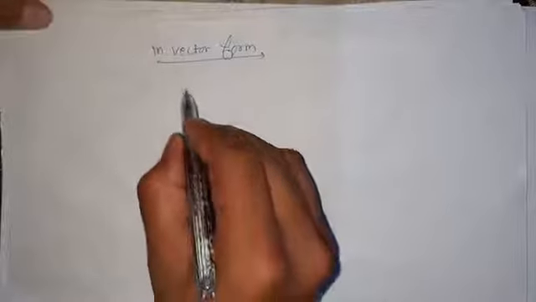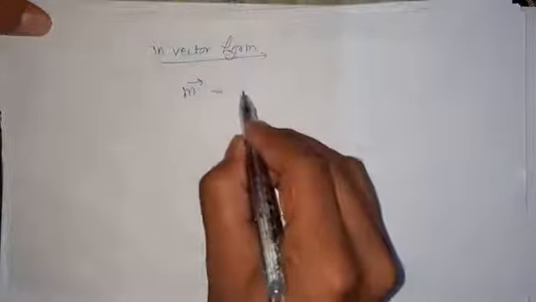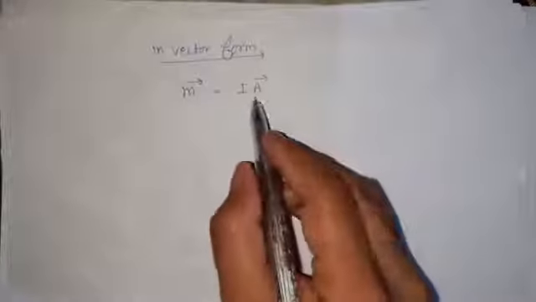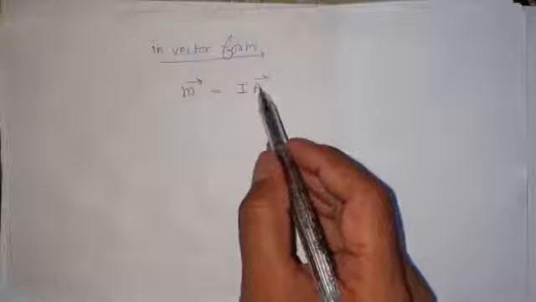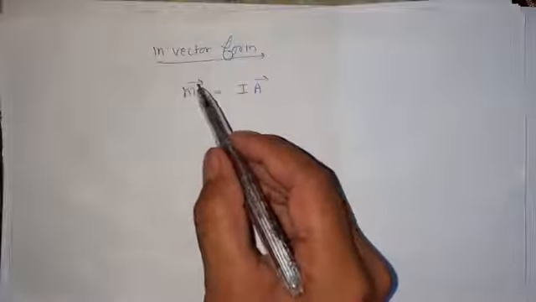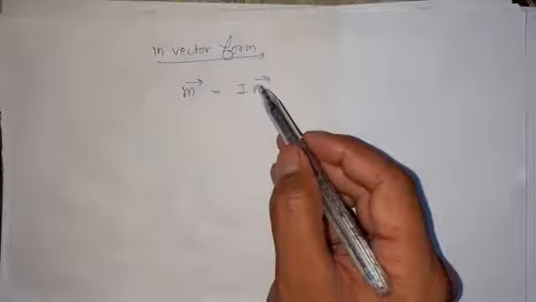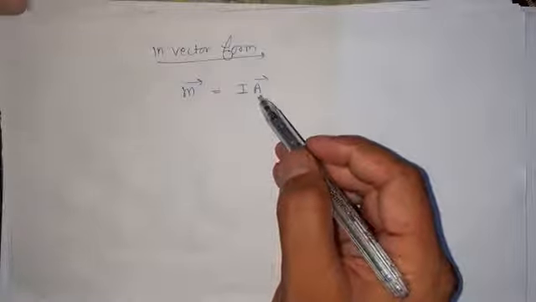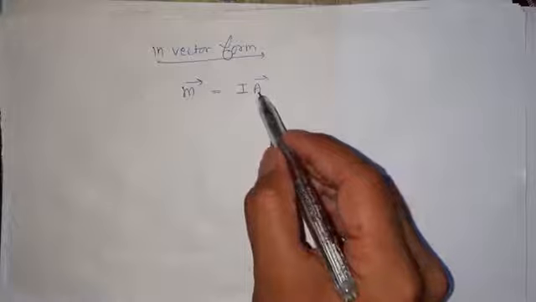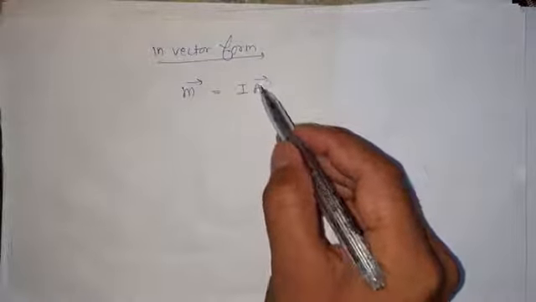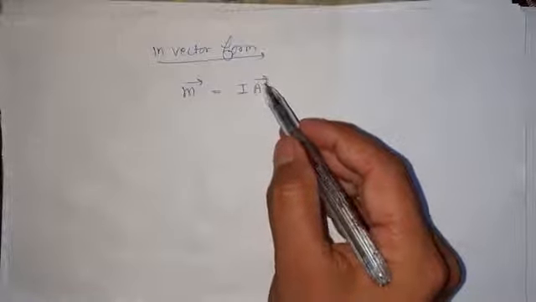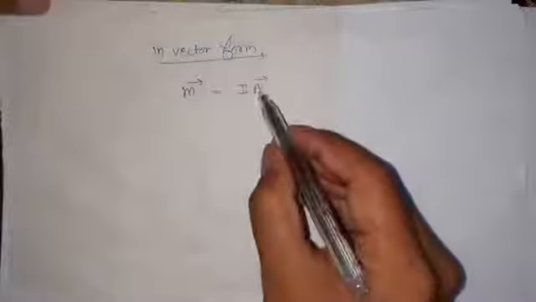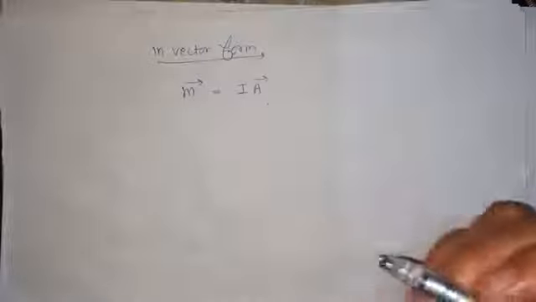So in vector form, this magnetic dipole moment is written over here as I times the area vector, as current is a scalar quantity. So over here that magnetic dipole moment is a vector quantity and its direction will be the same as that of the area vector. Okay, so it means that the direction which the area vector has will give us the direction of magnetic dipole moment. Now the question is, how will we find this out then?